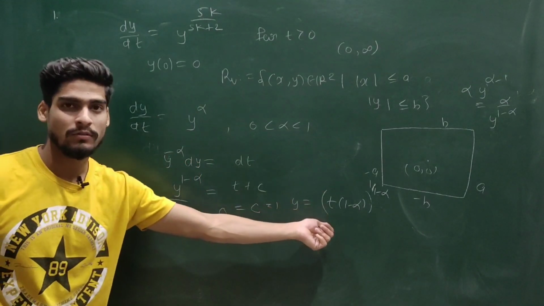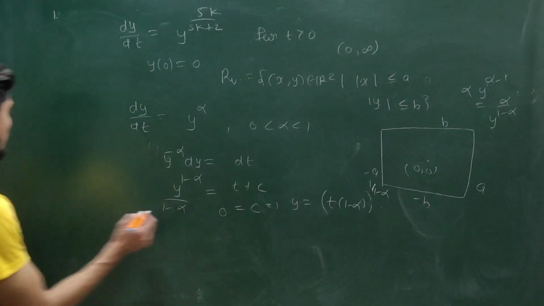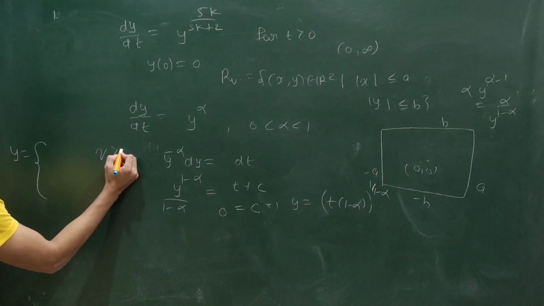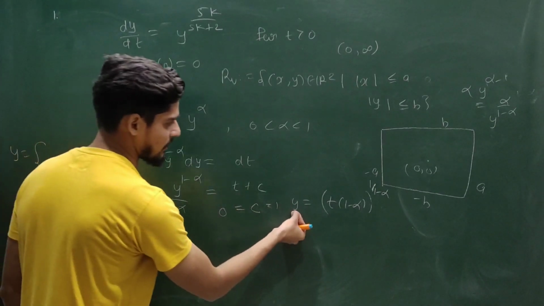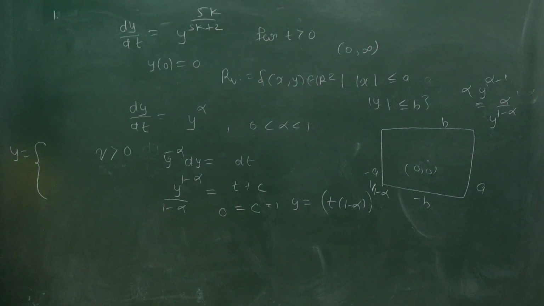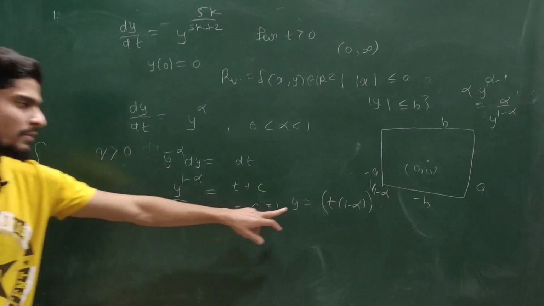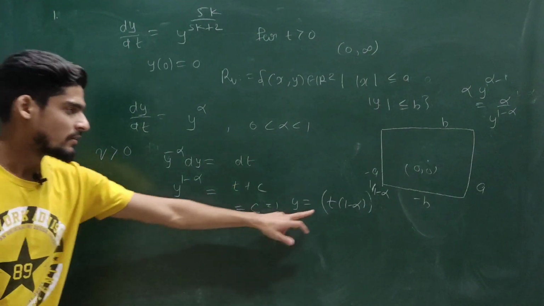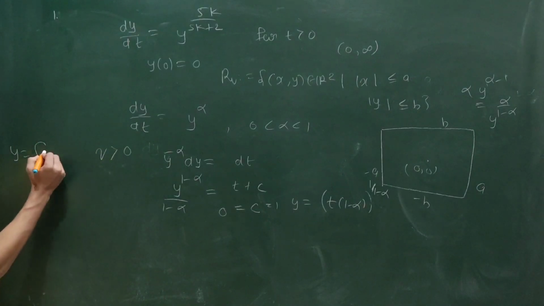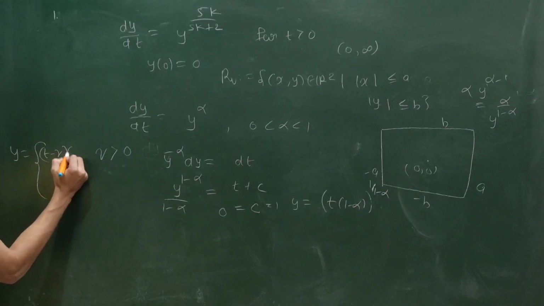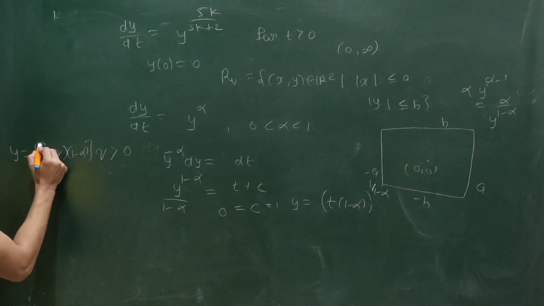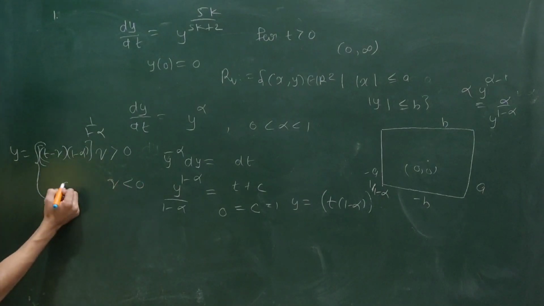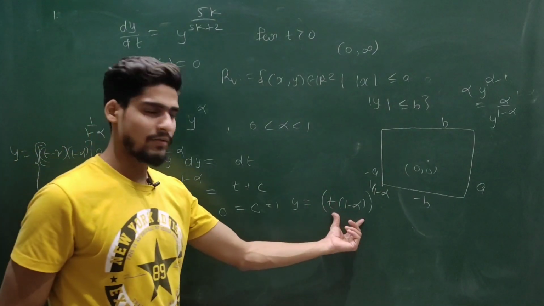Can I create more solutions? Okay, if I define a new solution in this format, suppose gamma is bigger than 0, I'm just shifting this curve by gamma distance on the positive t-axis because this is in my y and t variables. So I am shifting my curve gamma distance in the positive direction of t. So this is (t minus gamma), (1 minus alpha) whole power 1 upon (1 minus alpha), and when t is less than gamma I am taking the value 0.